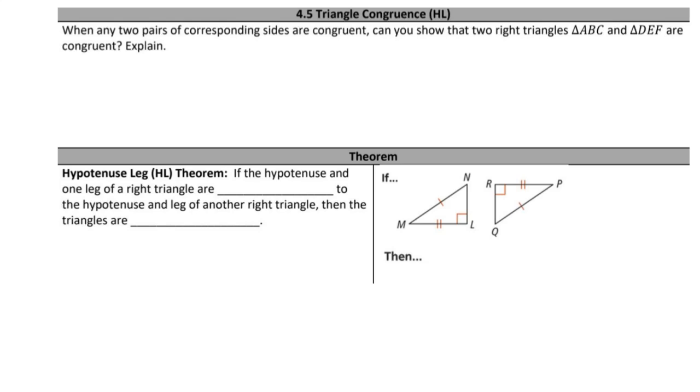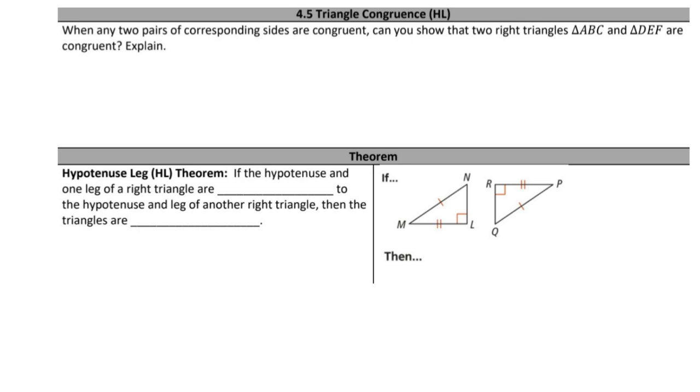Hi guys, these are the notes for 4.5, dealing with triangle congruence. So this is the last part of proving congruence, right? We went over side, side, side, angle, side, angle, and angle, angle, side. The last one is called HL. And what we'll do is skip this first little question, and I'm going to go right